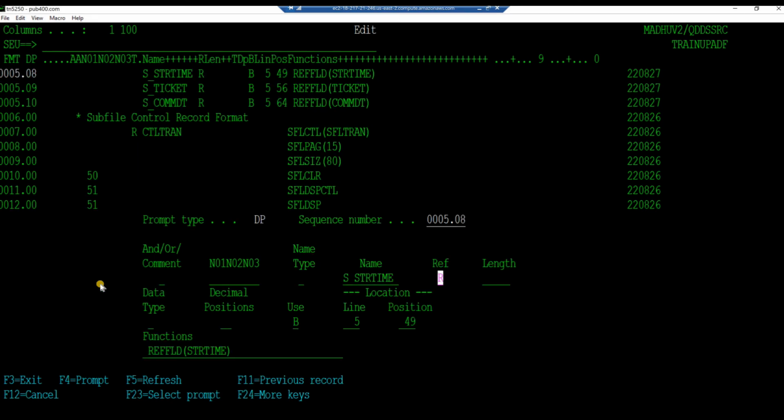Move the cursor to the field start time and take an F4. Tab over to the data type column and put in a Y to force numeric input. Also, we need to insert another keyword here. Press insert and EDTWRD for edit word. We need an edit word within quotes, zero suppression, space, colon, and 2 spaces. Hit enter. For the next subfile column, ticket also needs a data type of Y to enforce numeric input and